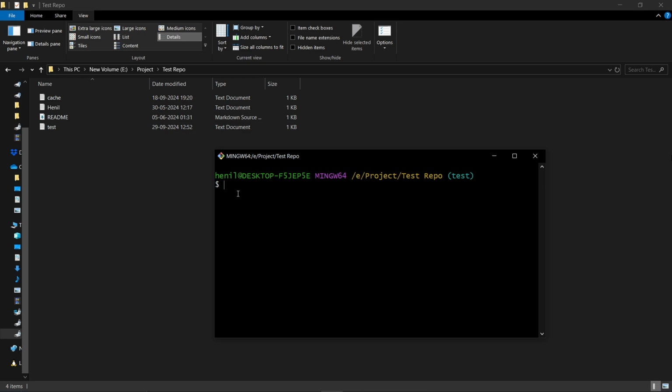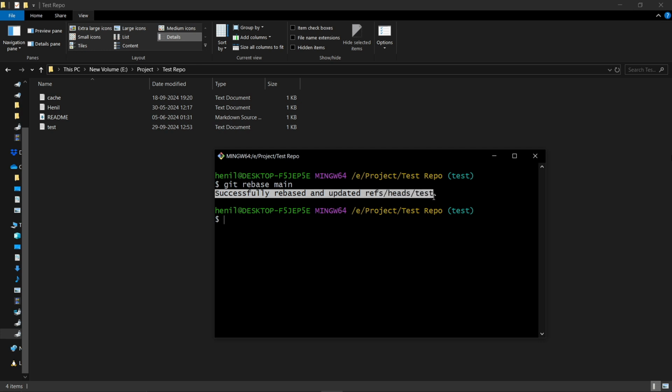So here also when you apply git rebase, it may sometimes lead you to git conflicts. So let's try here. Let's git rebase with the main. And you can see we have rebased successfully the test branch with the main branch, and we have no conflicts